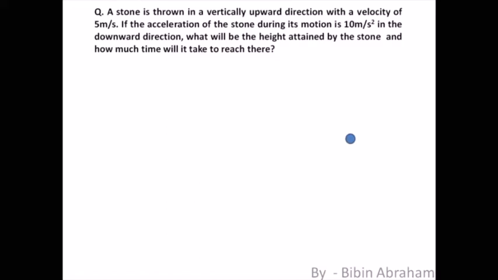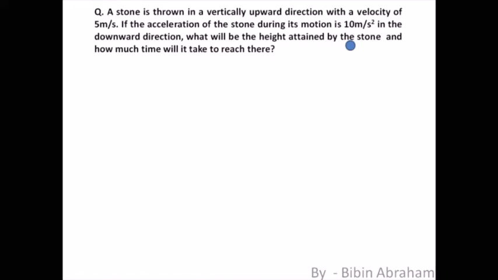So it's a good question. You have a stone, let me give you animation. You throw the stone up, right? So when you throw the stone up with a velocity of 5 meter per second, you have to take note that your initial velocity is not 0, because you are throwing the stone, so the initial velocity is 5 meter per second. And when you're throwing the stone, the acceleration is downwards. Acceleration is downwards means we're talking about this gravity effect. Gravity will keep pulling this stone downwards. That's why the acceleration is downwards.